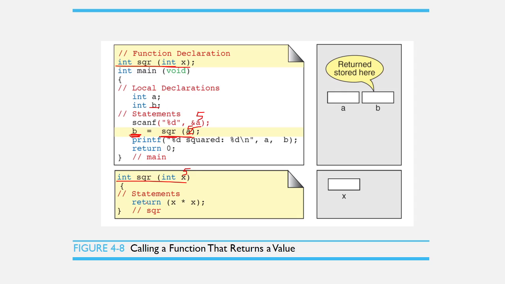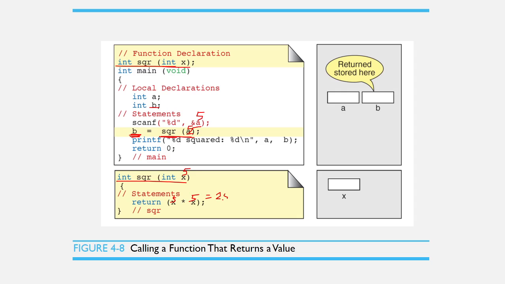So this will return the value of 5 times 5. So in this case, 5 times 5, okay, is equal to 25.